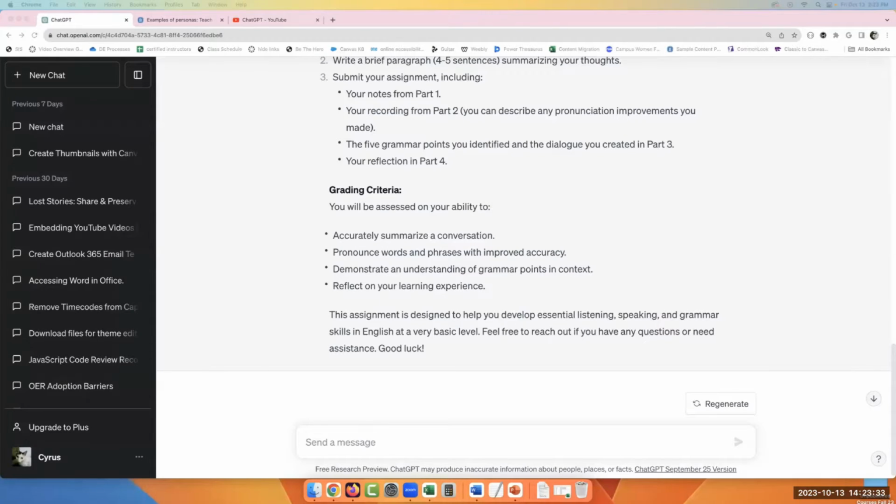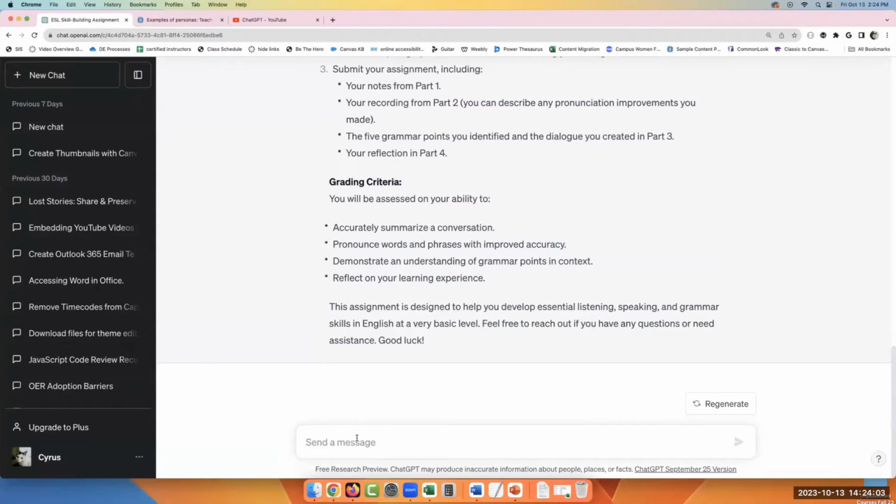You can also get a little more specific. This one just came up with this sort of conversation thing, but you might want a more specific topic to cover. You can totally rephrase stuff. You can add stuff. You can give it more context. So for instance, if you want the students to read an article or base the assignment on an article, you can absolutely paste the article in this area below and just say, based on the following text, please create a written assignment, and then you can be very specific.